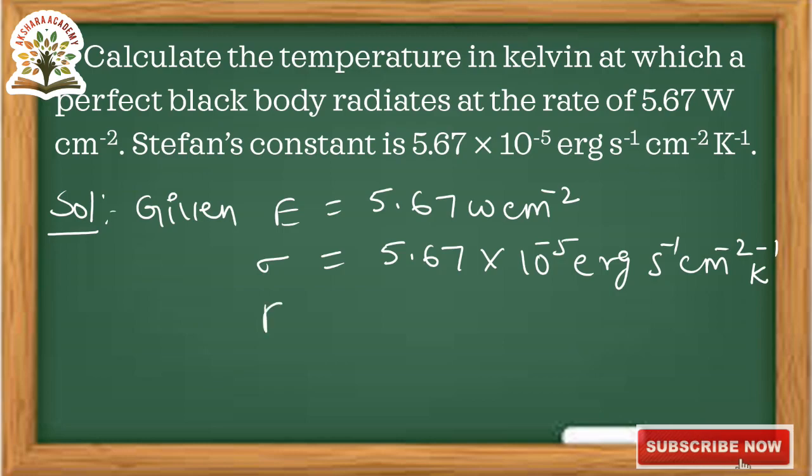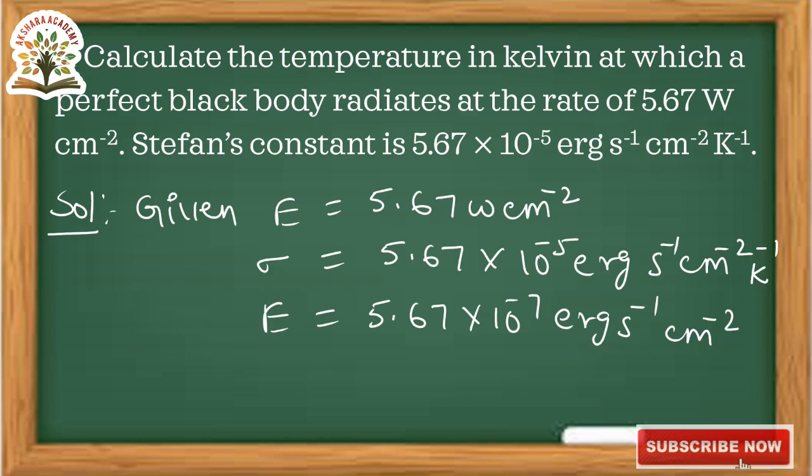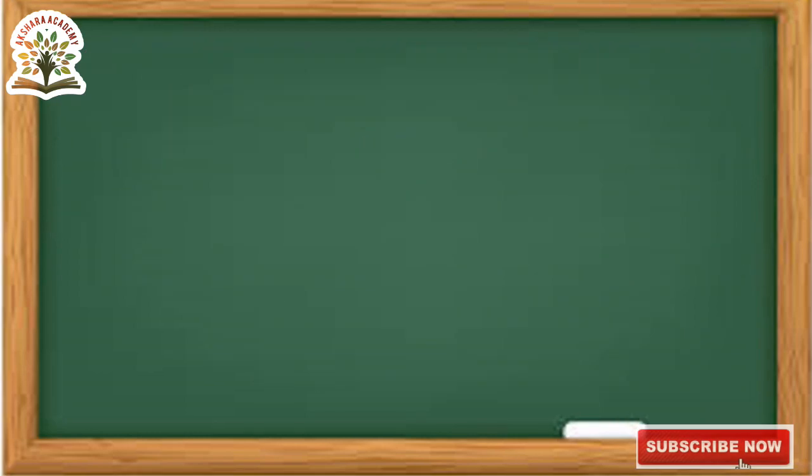So E can be written as 5.67 into 10 to the power of 7 erg second to the power of minus 1 centimeter to the power of minus 2. So E is equal to sigma T power 4. So T power 4 is equal to E by sigma. Substituting the values,